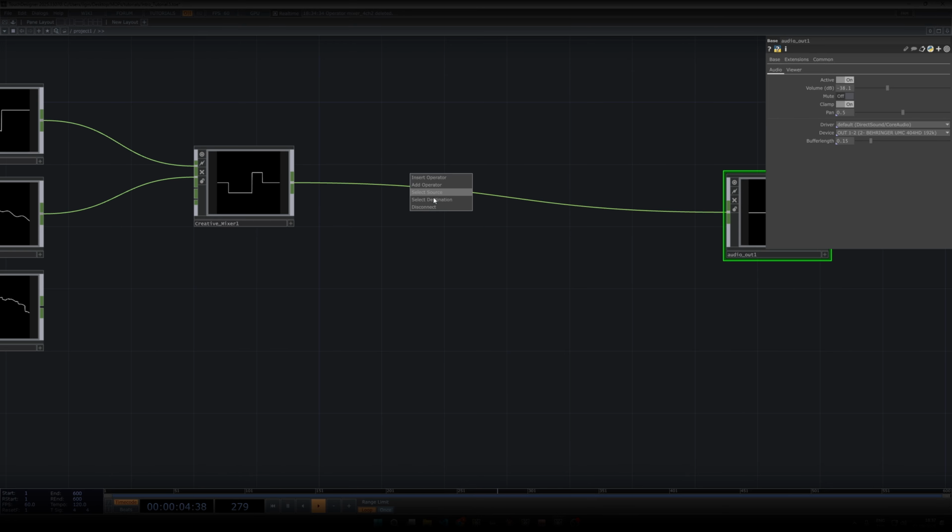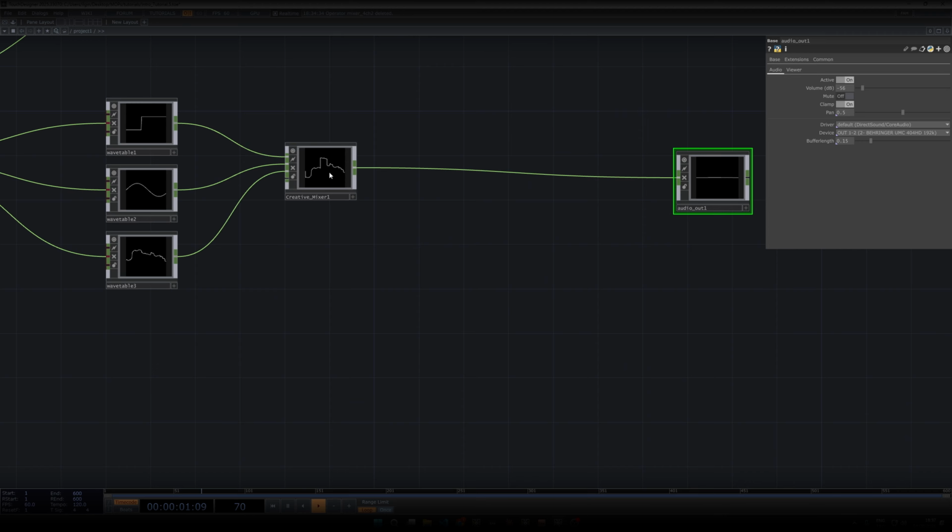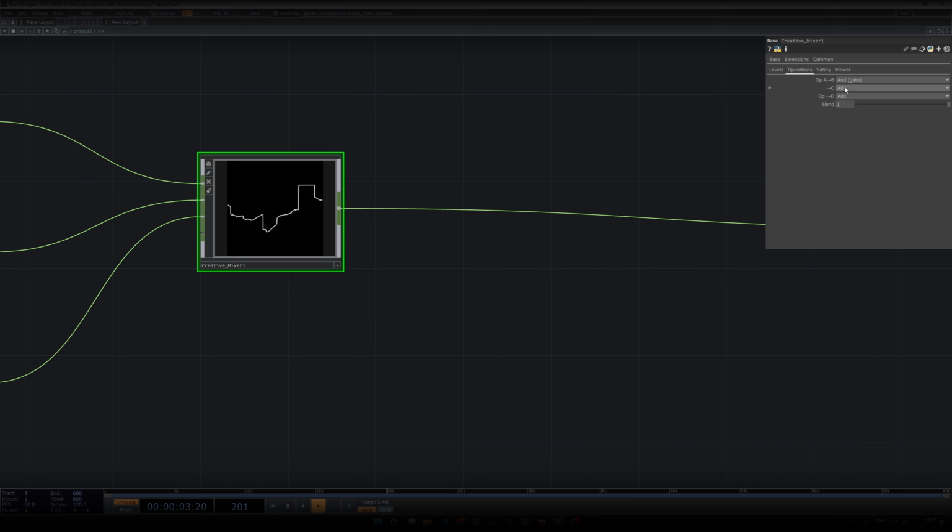So the idea is with this, the combinations that you can find is crazy. For example,